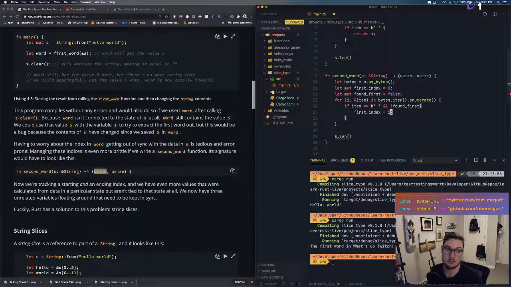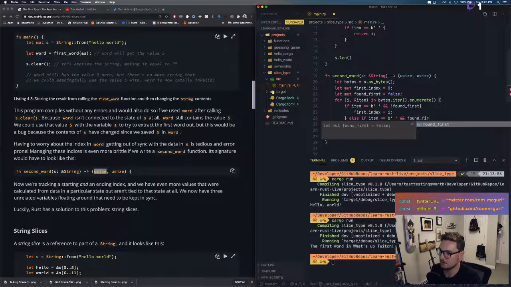I'm just messing around. I don't even know if this is syntax yet. Else if item equals B and not found first, then we'll